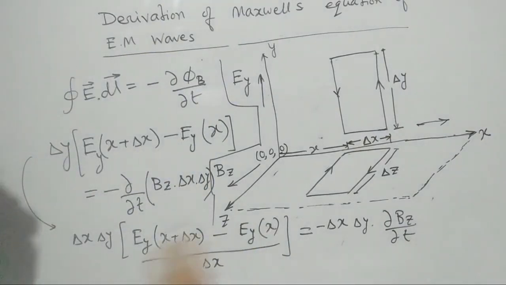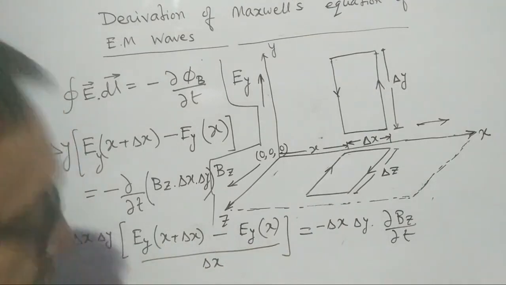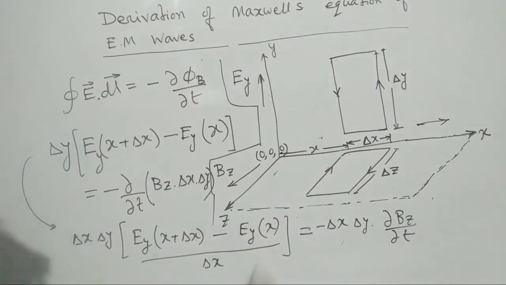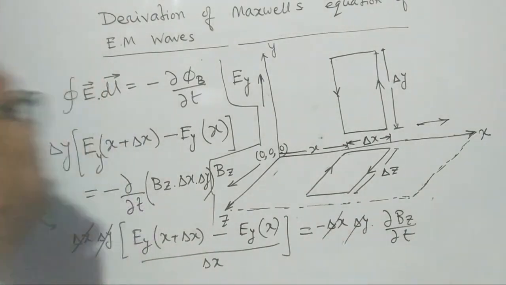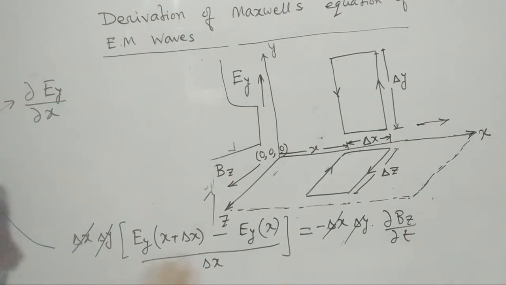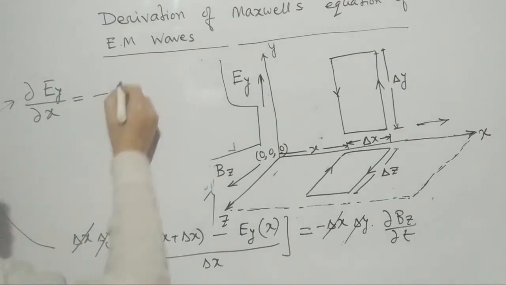Okay. Now what we are getting here, this is actually Ey as a function at a distance x plus delta x minus at a distance x divided by delta x. And these two things, delta x delta y, are getting cancelled. So del Ey by del x is equal to minus